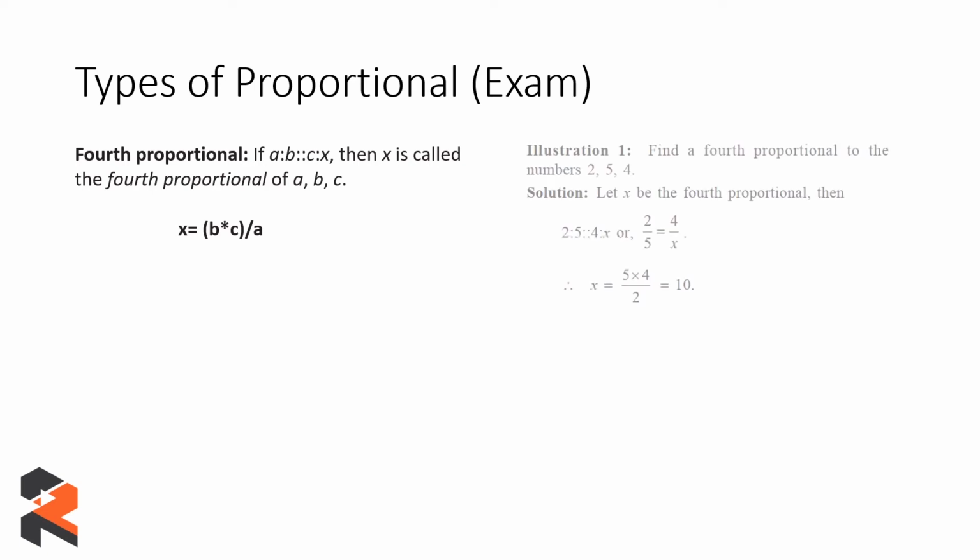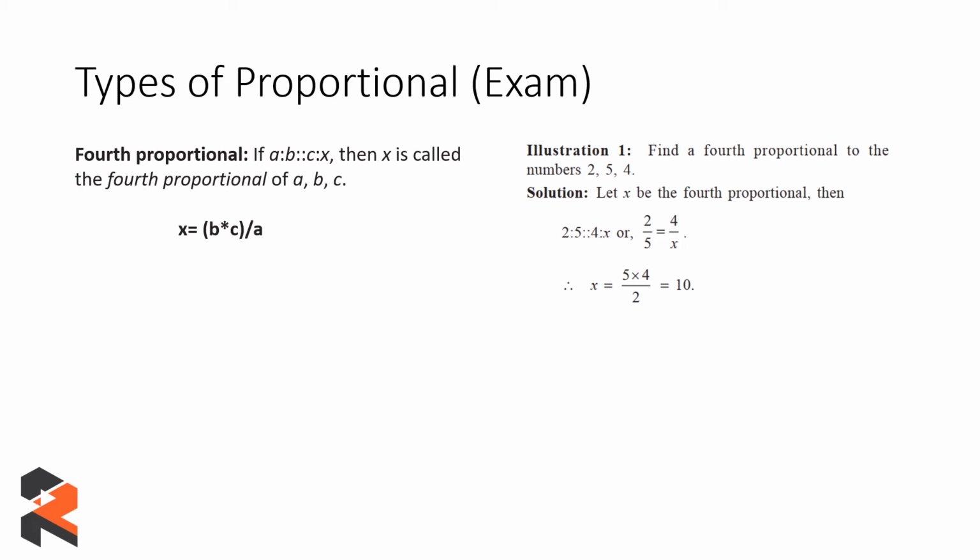However, for an explanation, you can look at this example here. We have a problem and we have to find the fourth proportional of the numbers 2, 5, 4. So obviously we know that X will be the fourth proportional of this given proportion. So we can directly write this in a proportion form. So if you cannot remember the formulas, you should know how you can represent the particular proportion which we are talking about. So 2 is to 5 as 4 is to x is written in the form of fractions, and then we have evaluated it. So you can see that the formula b into c divided by a is going to be used in this first illustration which we have presented.